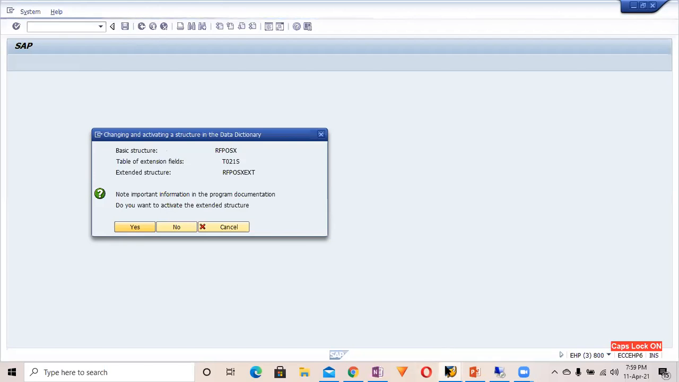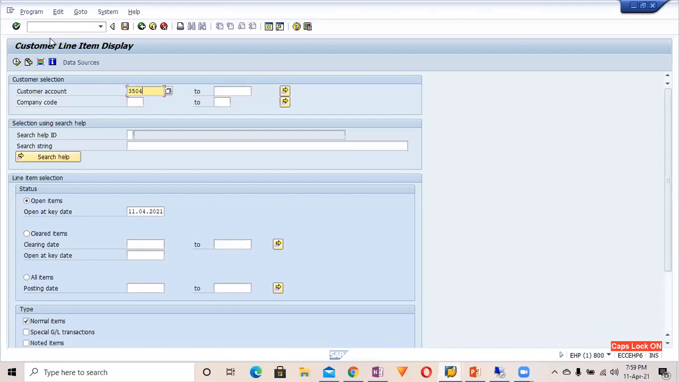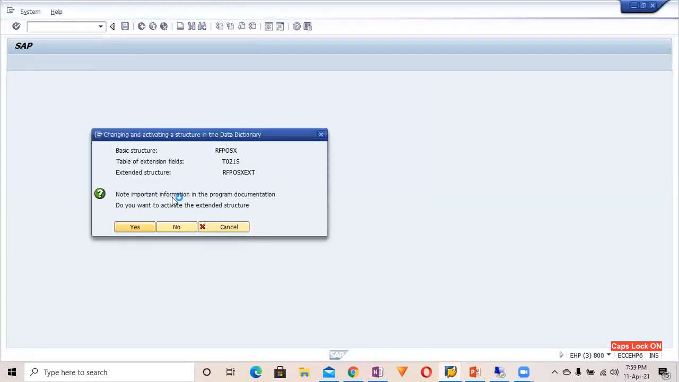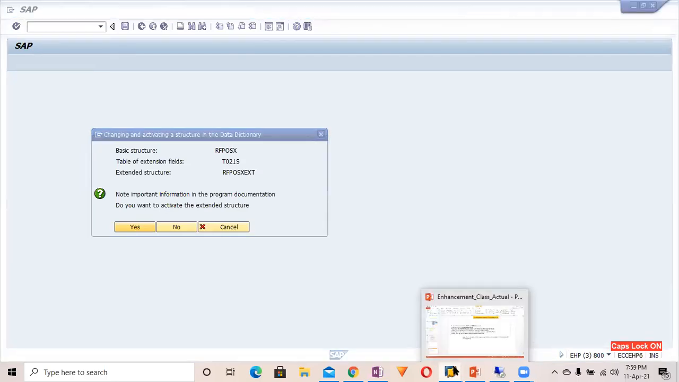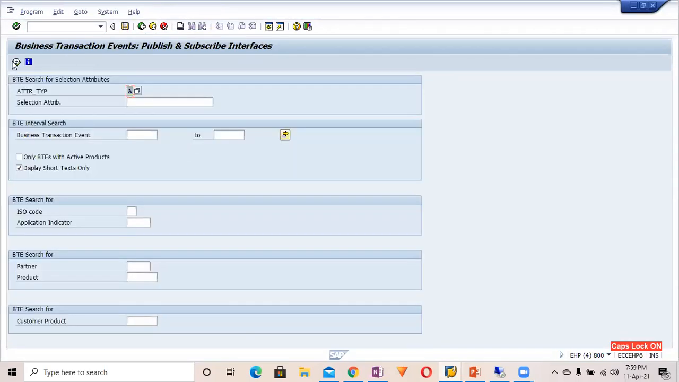In the next step, go to transaction /oFIBF. Okay, it's running, let it run. I have already run it, so no problem. In the FIBF transaction, go to Environment, and if you want to search for a BTE for this particular requirement,